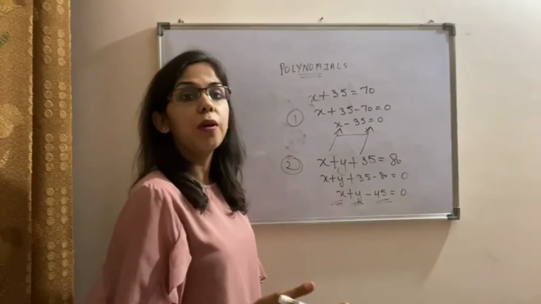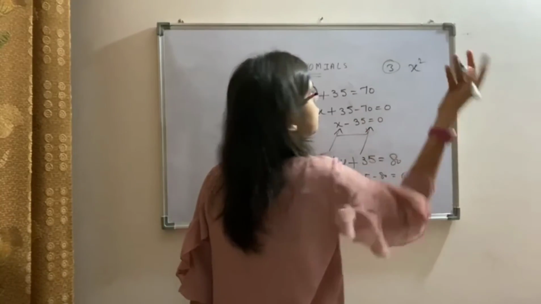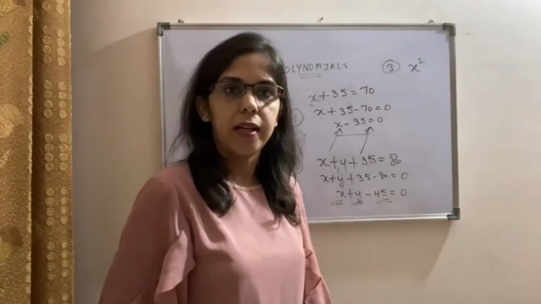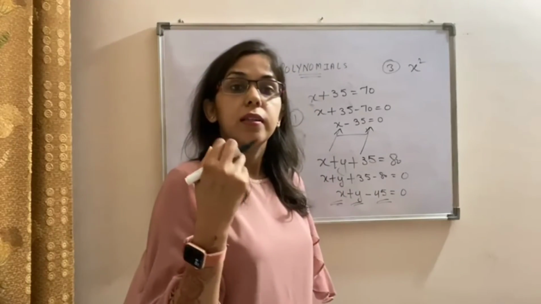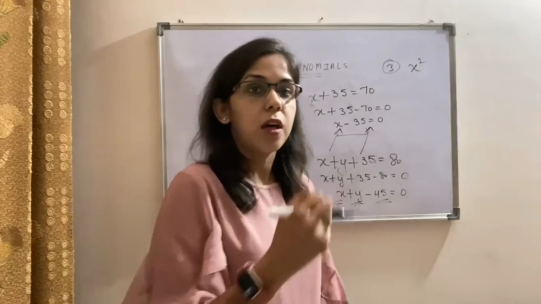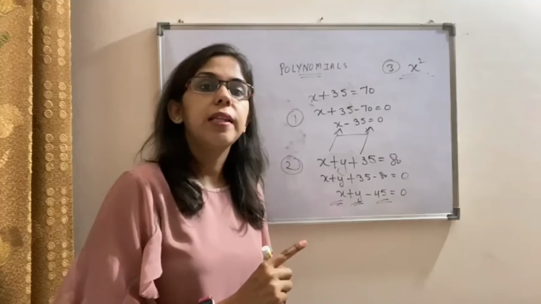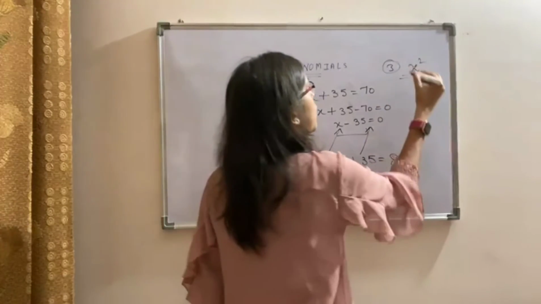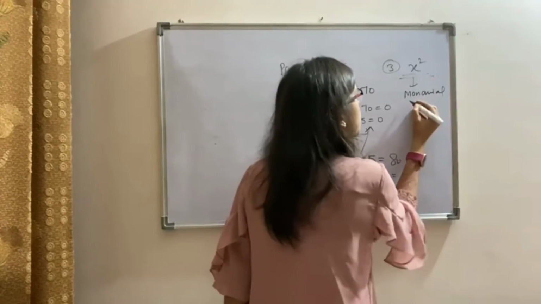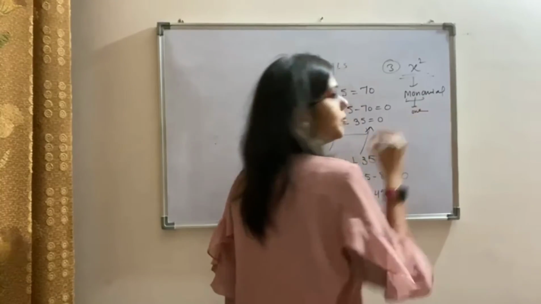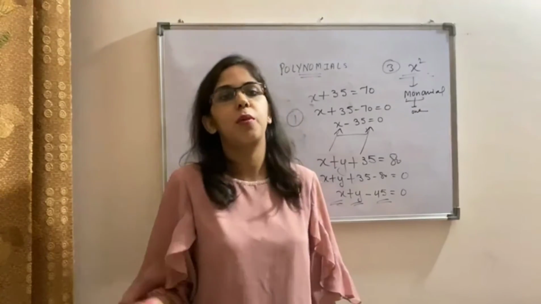Okay. Now it could be possible also that you have only, say if I take only this example, x square and nothing else I write. Okay, x square. So on the basis of number of terms, you will say that there is only one term. So what do we call it? We call a polynomial with only one term a monomial, right? Because mono means one. Like I am only one person standing here. So you will say monomial.